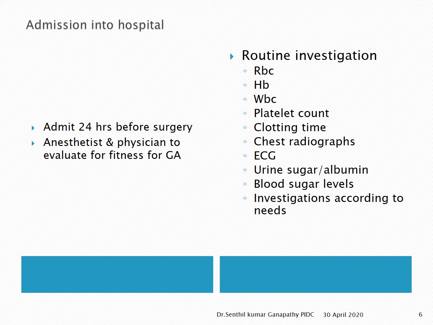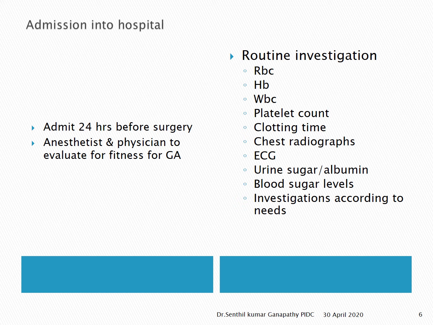Normally, you need to admit the patient at least 24 hours before the surgery, meaning for any healthy patient, because the patient has to be assessed by the anesthetist, and if there is some medical problem, the anesthetist might require an opinion from a specialist. For example, the patient has a history of myocardial infarction, or a history of bronchial asthma. Better to get the patient evaluated and assessed by a cardiologist or a physician, get an approval from them, and then send the patient to the anesthetist for assessment.